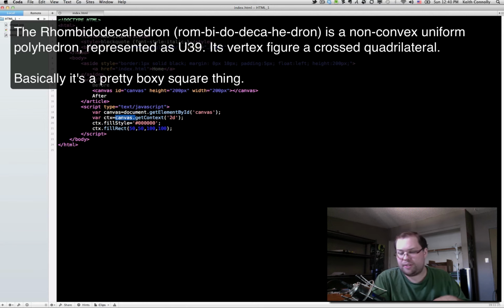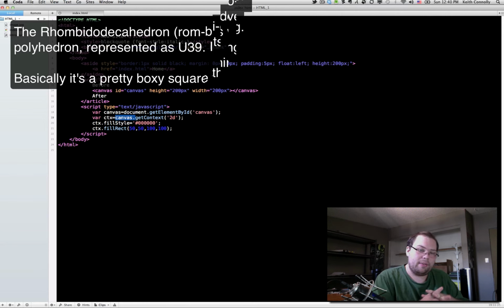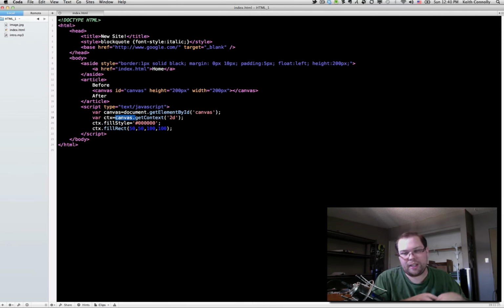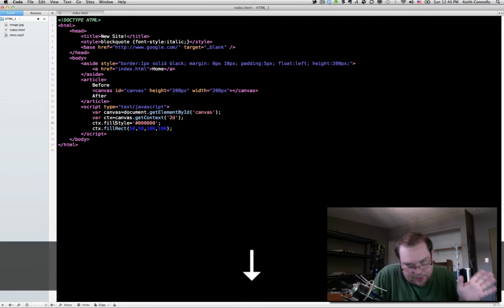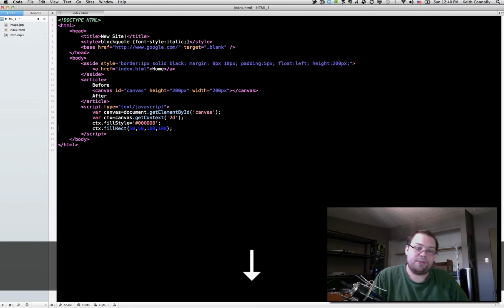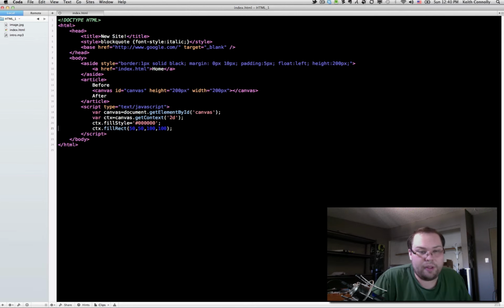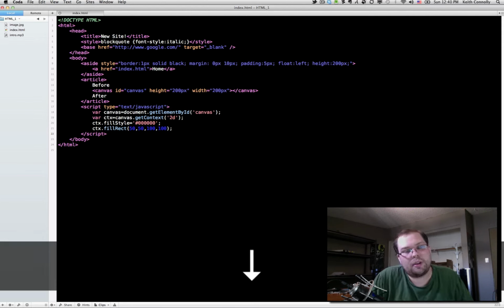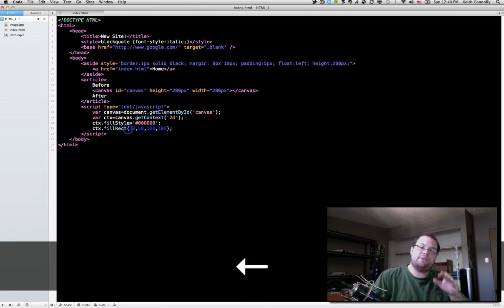But using a library can kind of fix that for you, because then you can do things like draw square and draw sphere. But that's neither here nor there. What we have here is we then set our fill style, and our fill style is the color. So I'm simply setting a global fill style on the context, and then I'm using the built-in fill rectangle command, where the first two attributes are the X and Y distance from the edge